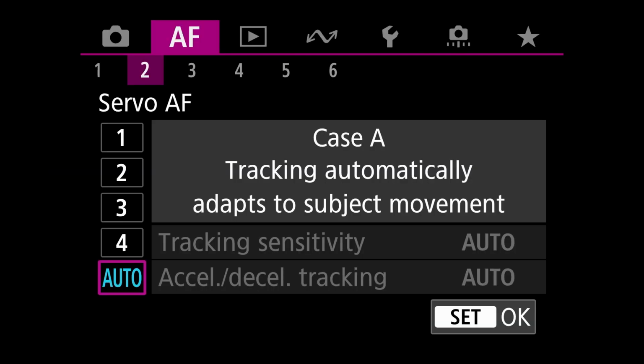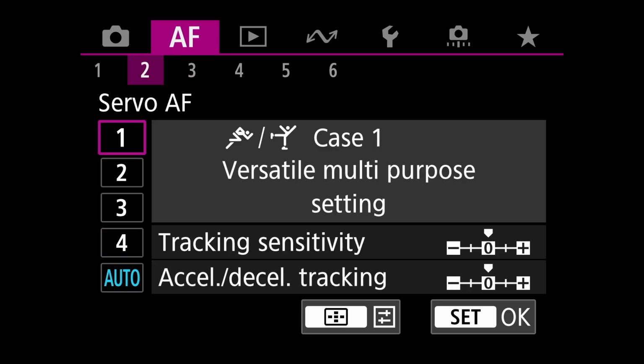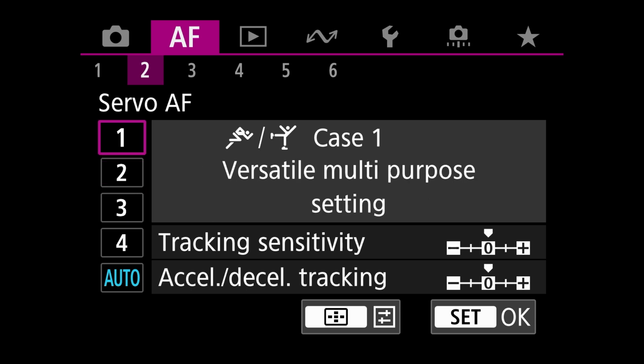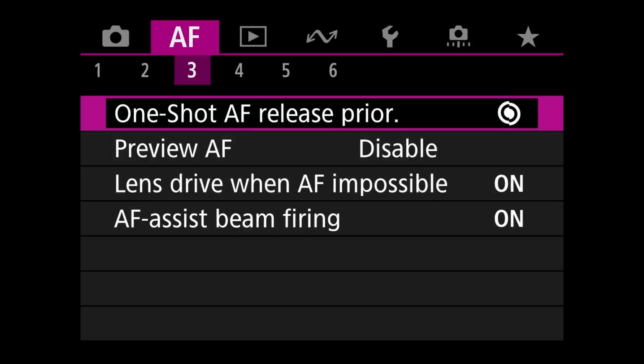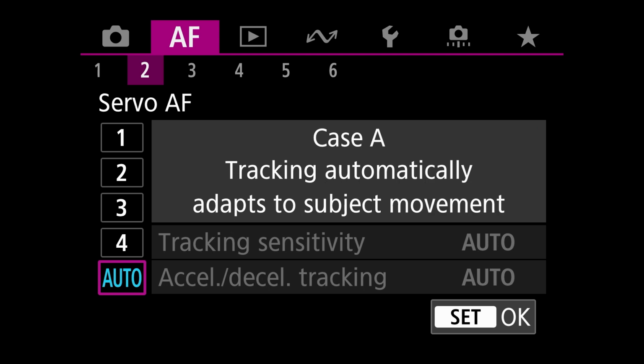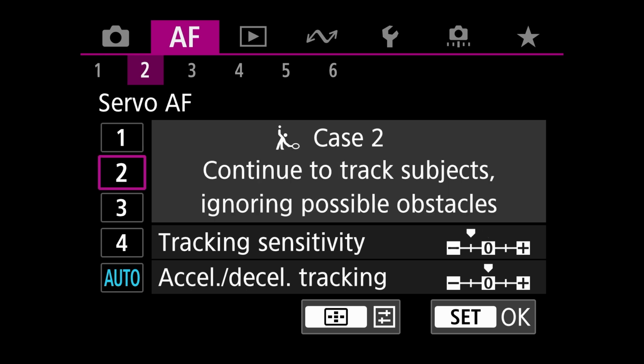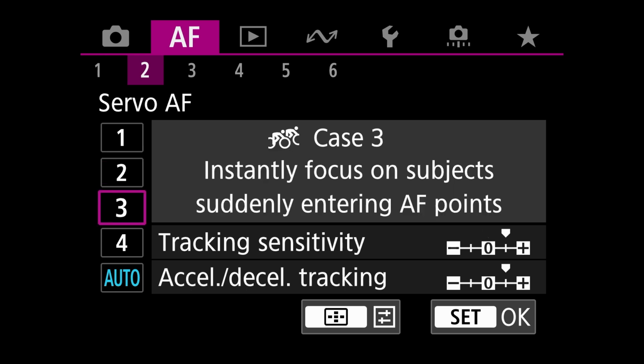menu, page 2. These are going to be all your settings as far as autofocus, okay? And they actually do really good. So in this case, Case A, tracking automatically adapts to subject movement. Here's one, Case 1, versatile multi-purpose setting. Continue to track subjects ignoring obstacles. Instantly focus on subjects suddenly entering the